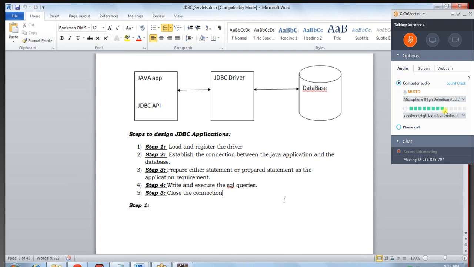The driver is nothing but the intermediate class which is used to communicate between